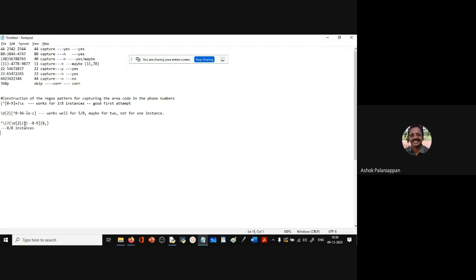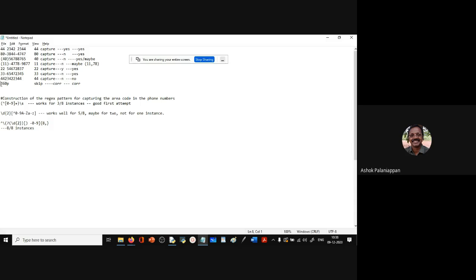But there is a reason why this part of the pattern exists, and let me repeat that reason. You're right, only this one will match the area code. But why does this part exist, and why did we create a proper pattern for that? That is because we want to miss these particular patterns. These patterns should be skipped. Otherwise, we will be extracting 36 from here.